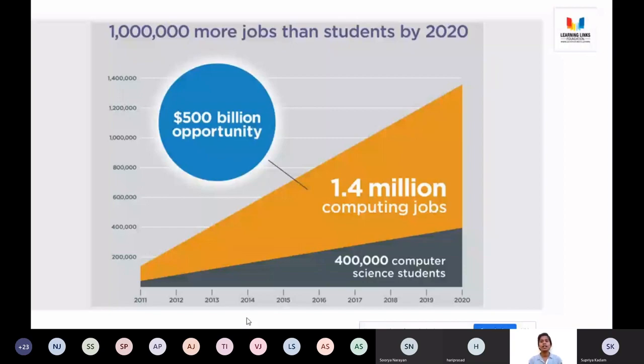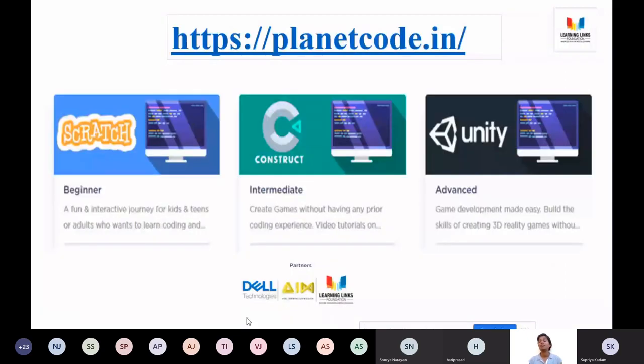So these things can happen in future. What if you do not keep pace with the running technology? You will be lagging behind. We might be at the end of the jobs, or something similar might happen, and I want you to be prepared for that also. That is also the reason why we are learning gaming today, in a fun way, like learning coding in a fun way. Now, this is how the portal looks.